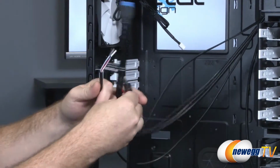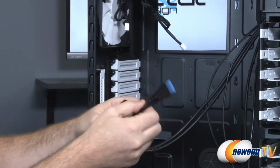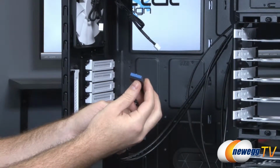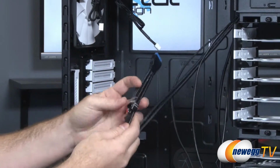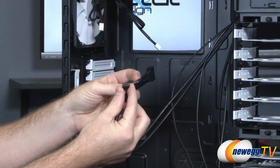For your front panel connectors, such as power and reset, you have the little headers right there, LEDs and power and resets. Here you also have a combo plug for the USB 3.0 front panel. So this one's kind of nice. If you have an older motherboard that doesn't have this 20-pin connector and you're okay with the front panel plugs operating at USB 2.0 speeds, you can plug in that one right there, and that will give you USB 2.0 from your 2 front panel